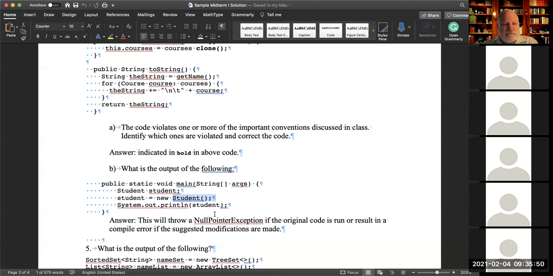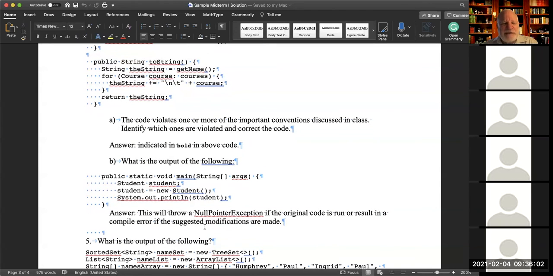On a test, would you specify the code pre-fix or the actual code that's currently there? Yes, if I ask a question like this, then I will specify whether to run the original or the modified code. Okay, thank you.